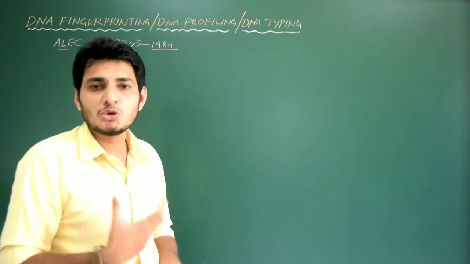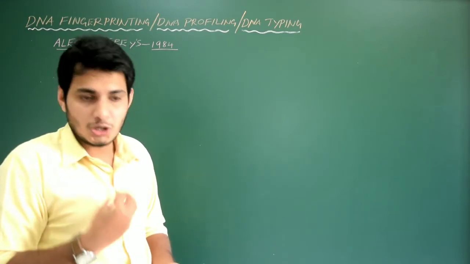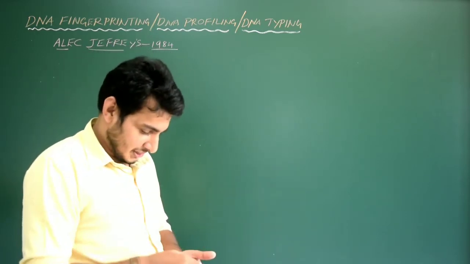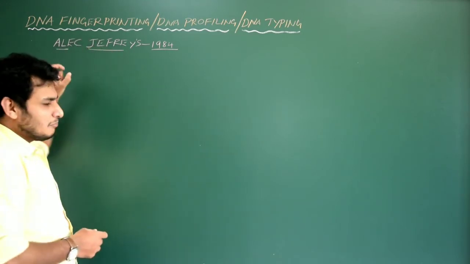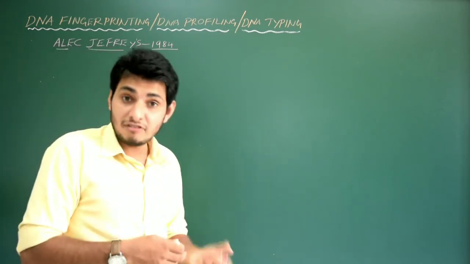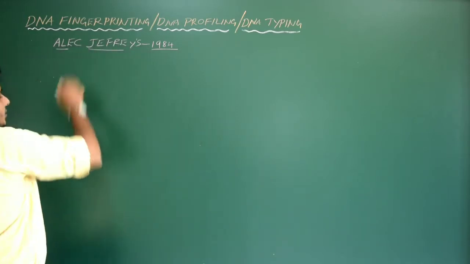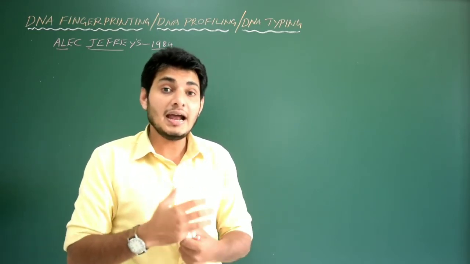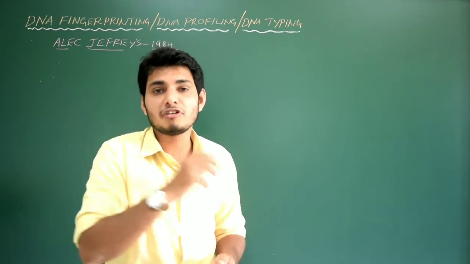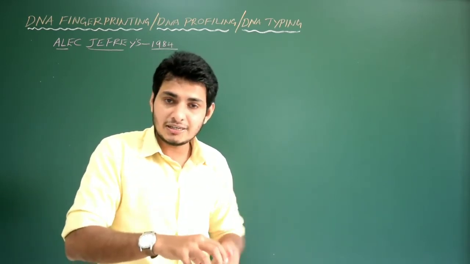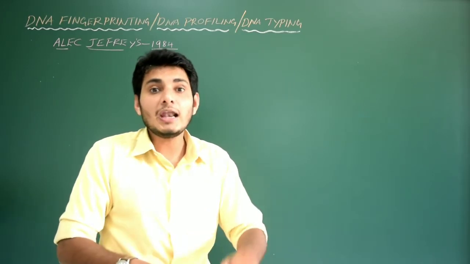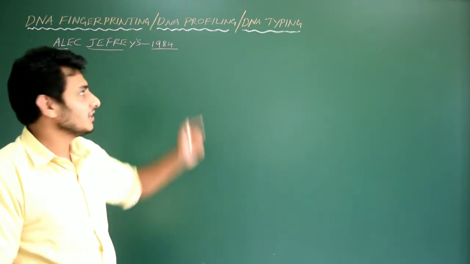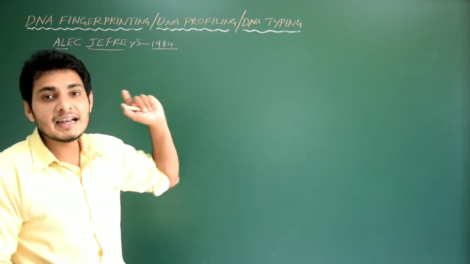The same is applicable to the identification of human beings. So DNA fingerprinting is a very helpful tool nowadays. Now, what is the main basis? I forgot to tell you the definition of DNA fingerprinting. It is a technique of identification and evaluation of the genetic information of a person. This is called DNA fingerprinting, or it is also called DNA profiling or DNA typing.